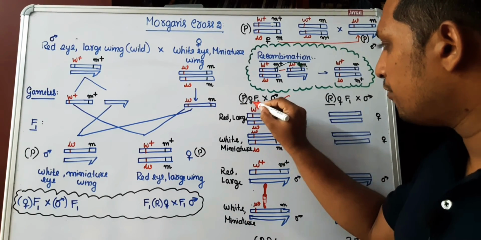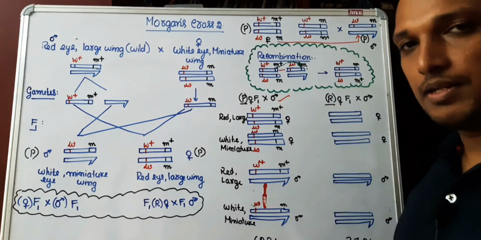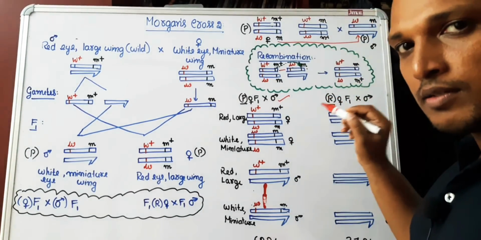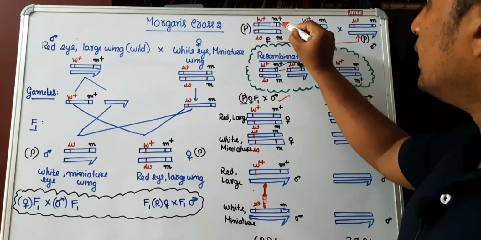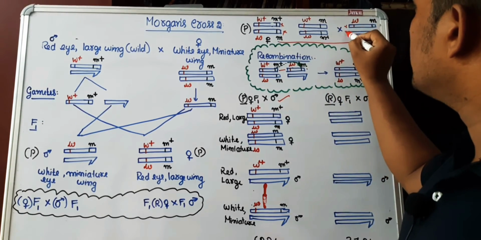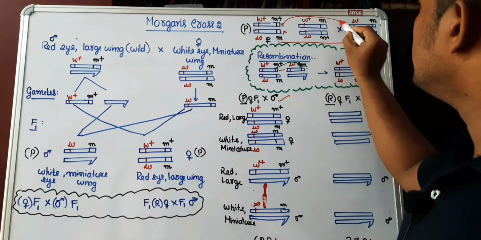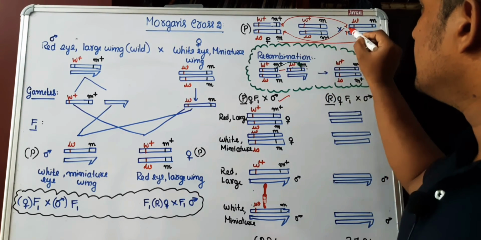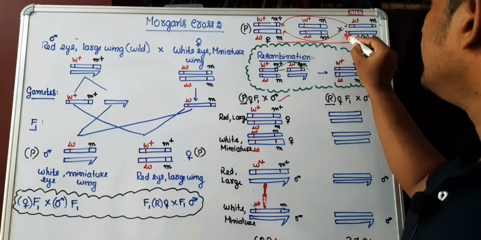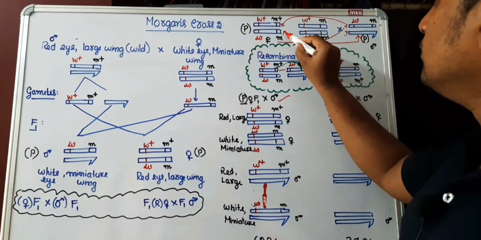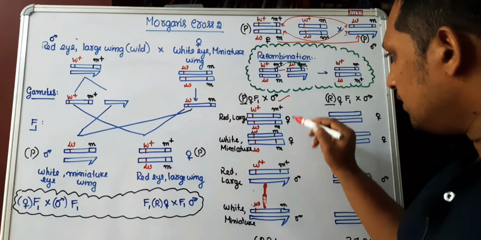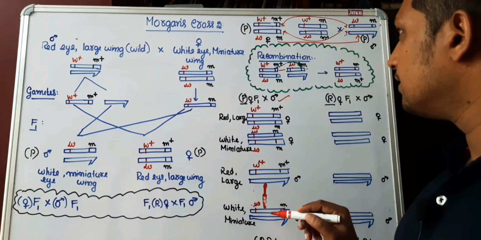F1, I have written F1 female parental type with male. How to do crossing? Refer previous video. Two X chromosomes are there, and X and Y chromosomes are there. So X into X, then second X into X. Similarly, X into Y, then this Y into second X. Based on that, I have written males and females together.